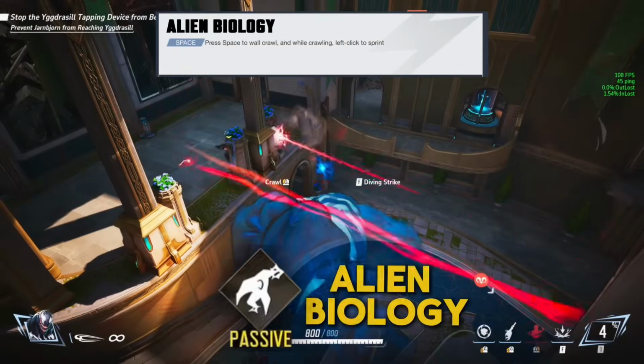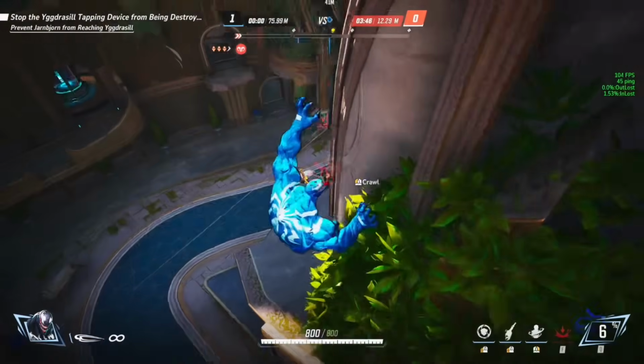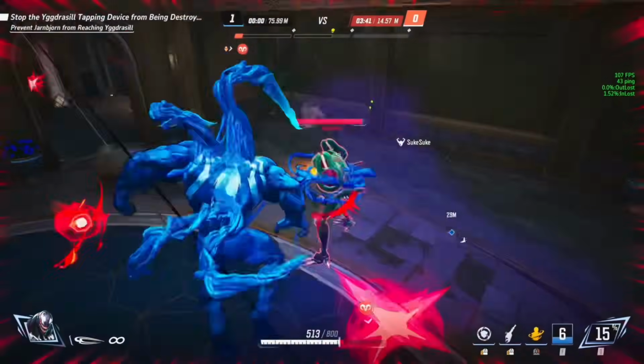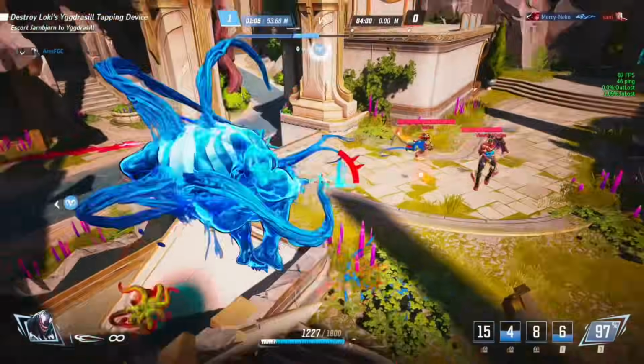Venom's alien biology allows him to run and crawl on walls, and this can give him a special advantage when diving the enemy backline. You get to a great vantage point, saving your swing so you can use that to purely reposition or to escape, wait for the enemy team to push up, and dive from a high point